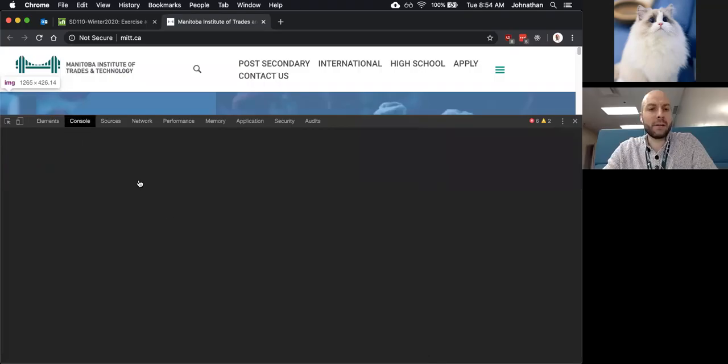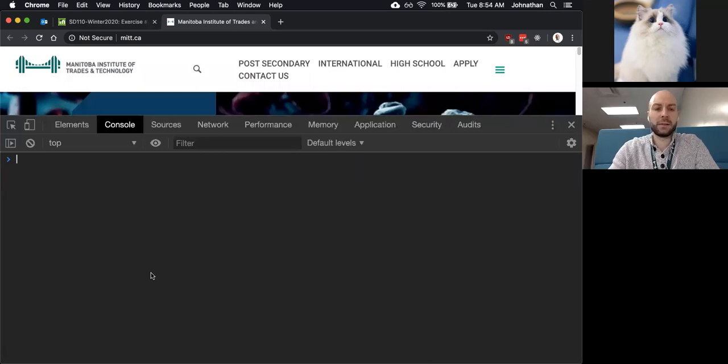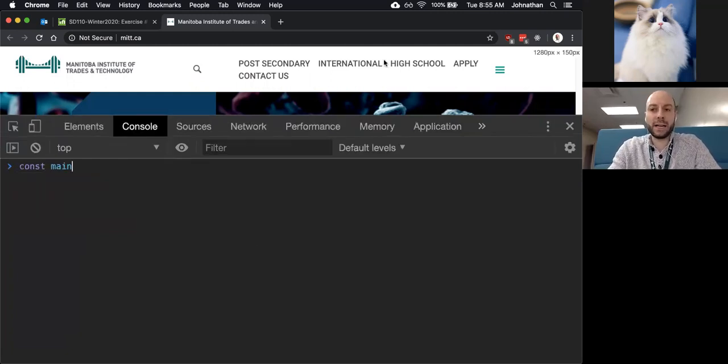I'm going to go down here to the console, and I'm going to zoom in a little bit, clear this thing. And we're looking for the element main with the ID main. So there's 3 different ways. We looked at one way in class yesterday, and that was essentially creating,